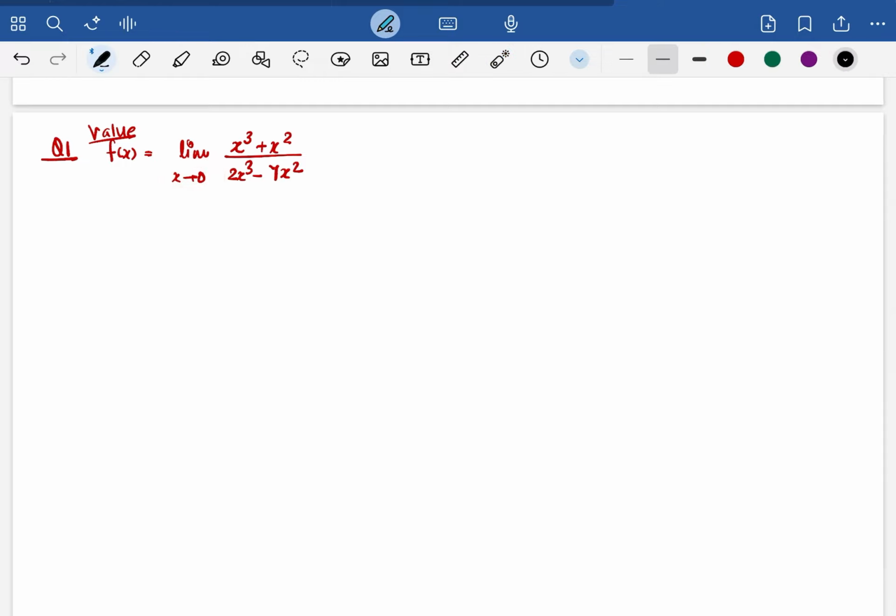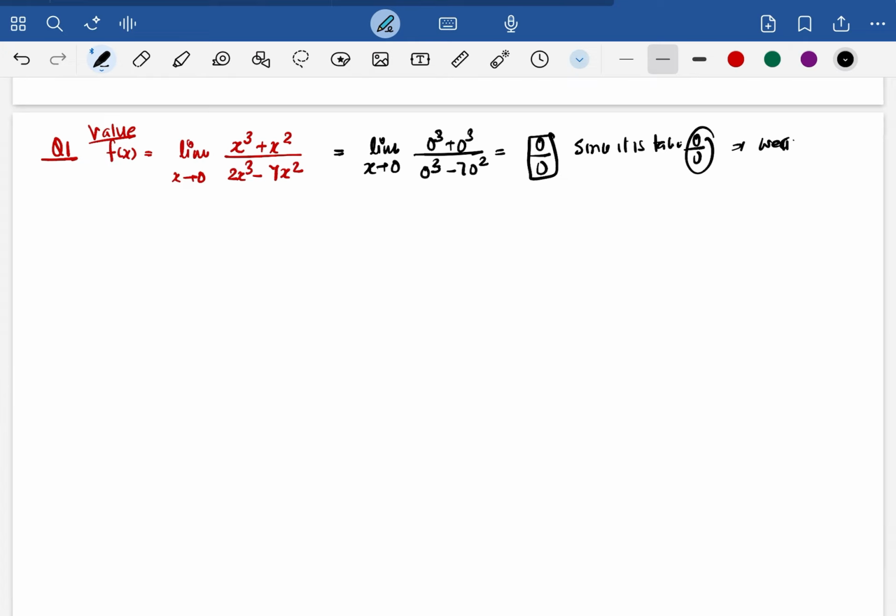So we'll put the value as 0. Let's first check: limit x tends to 0, so 0 cube plus 0 square upon 2 into 0 cube minus 7 into 0 square. So can we say this is taking the 0 by 0 form, and since it is taking 0 by 0 form, what we'll do,